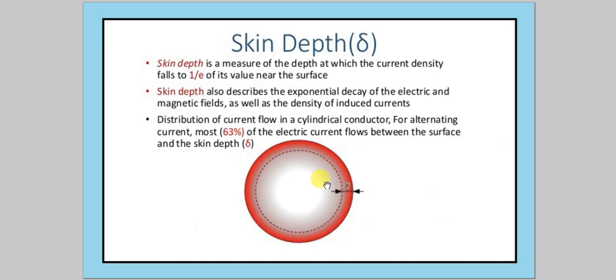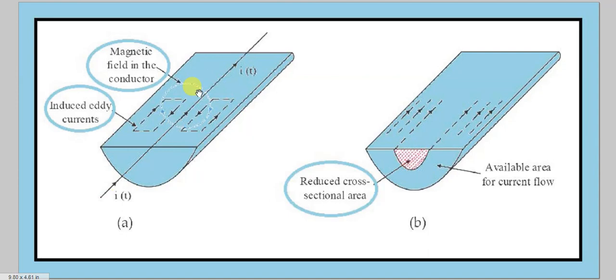Now let's see what happens when the alternating current flows here. It induces eddy currents. So the alternating current i(t), as you can see, is the instantaneous alternating current. There are magnetic fields in the conductors. Basically, the conductor is made of atoms and molecules. They have magnetic moments. So when the current passes through, the field associated with this current agitates the magnetic moments, and those agitations cause the eddy currents, swaying the magnetic moments in one direction and the other direction, and these eddy currents cause a resistance